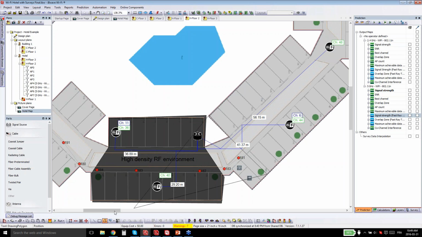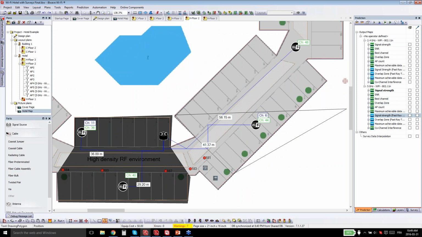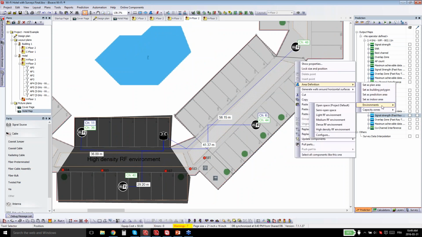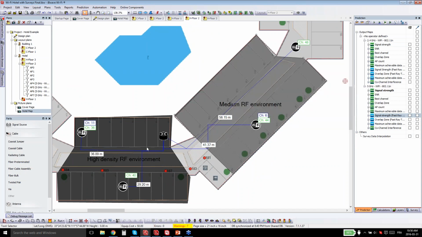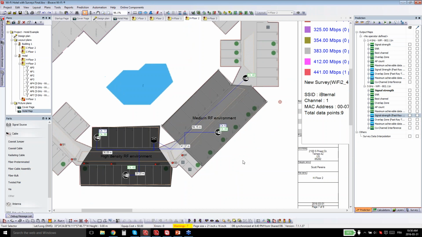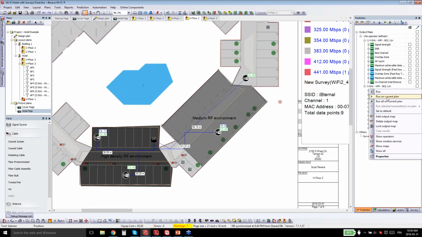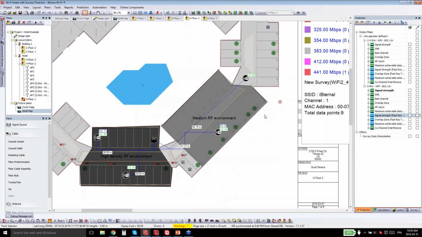and maybe for this one, I'll just do this real quick here because we are running a little short on time. So maybe for this one here, I'll just close that polygon there, and for this polygon, the environment, we'll set this one as medium. So instead of the walls, you're just putting different densities, and then you can create a new prediction again using the VPLE. So this is the one, if I run here on current plan, the VPLE is the two-dimensional prediction,